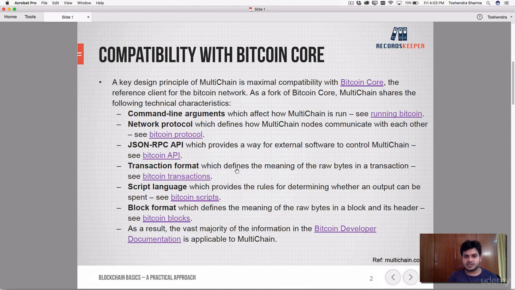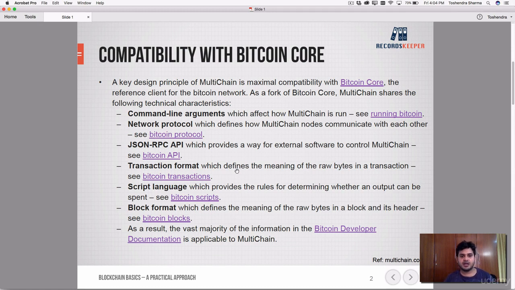Next is the transaction format, meaning the structure of the transaction, the JSON object using which we arrange where this particular data will go, the key and the value. All the structure is quite similar. So this again helps you to understand the multi-chain transaction JSON object and the Bitcoin JSON object together at the same time,